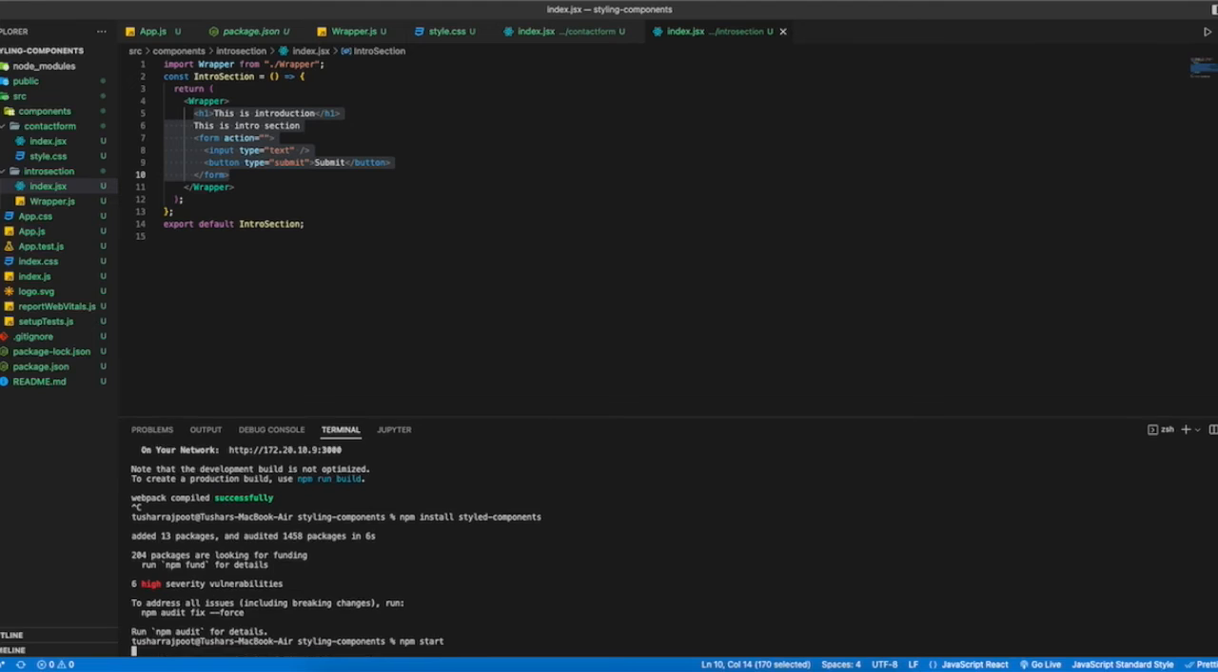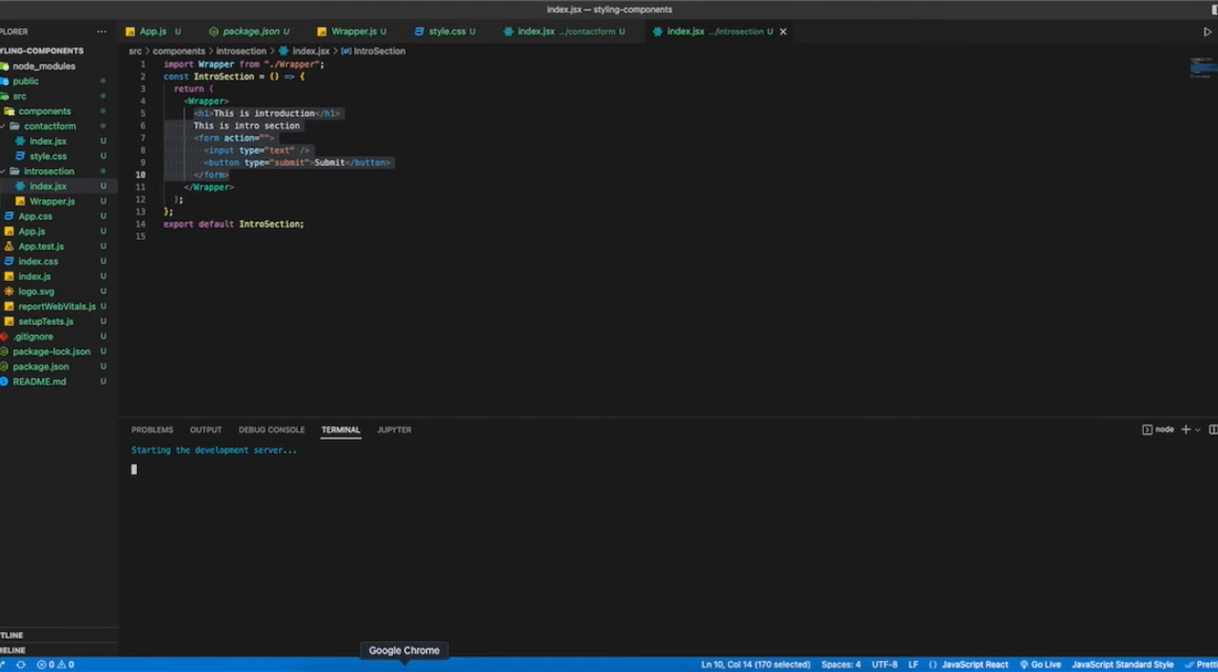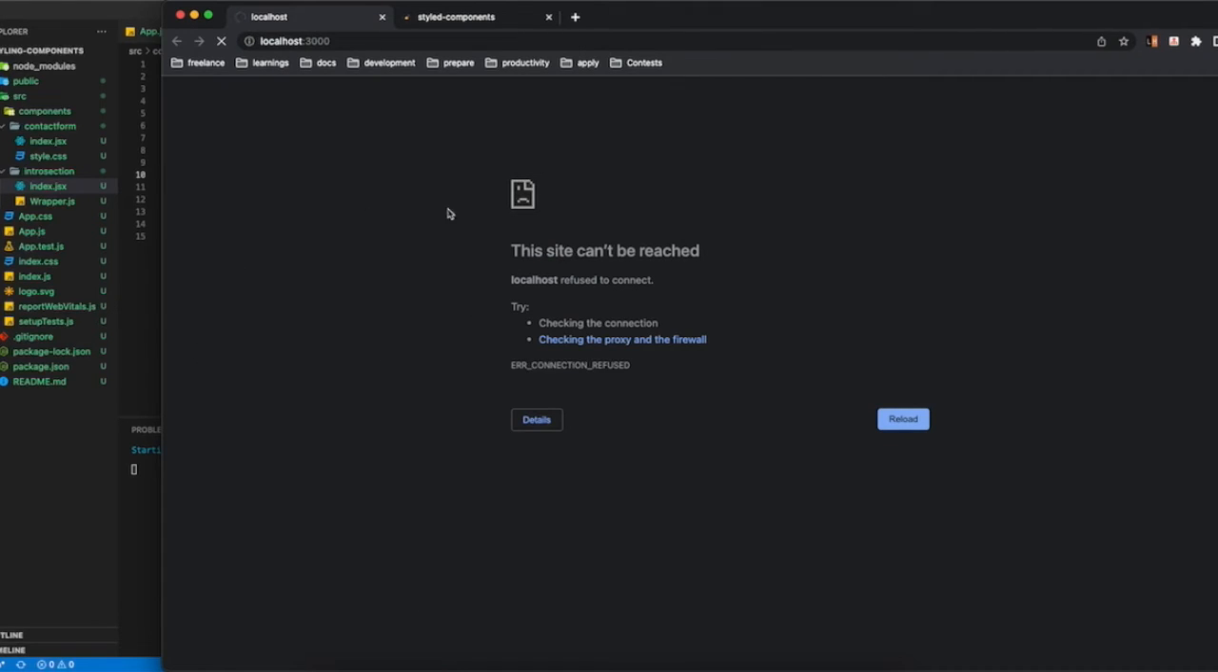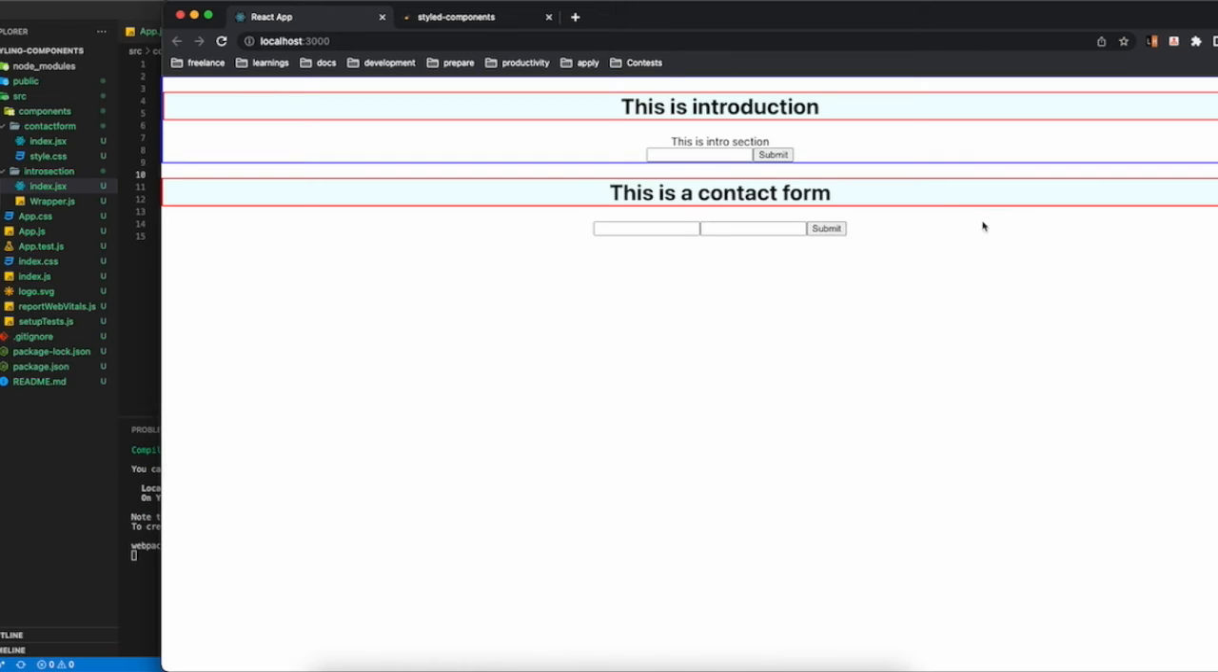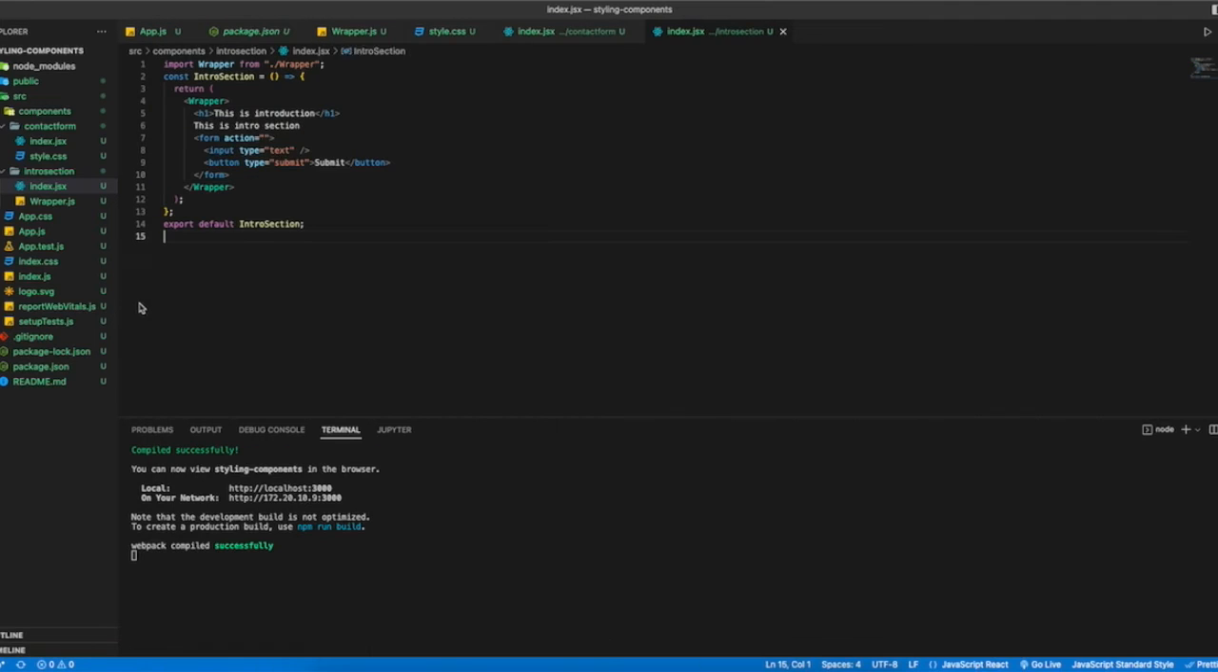Okay, now if you go to here, you can see, okay, so I have not started my server, let's start it again. Now you see here what is happening. You see this blue border has applied to this whole component. So now if I want that my h1 styling should be applied to only this component, this contact form component,